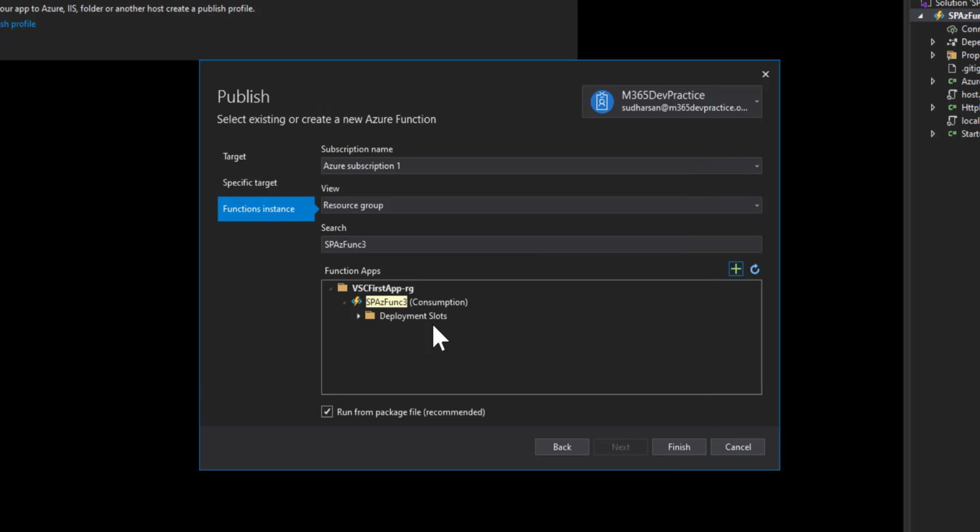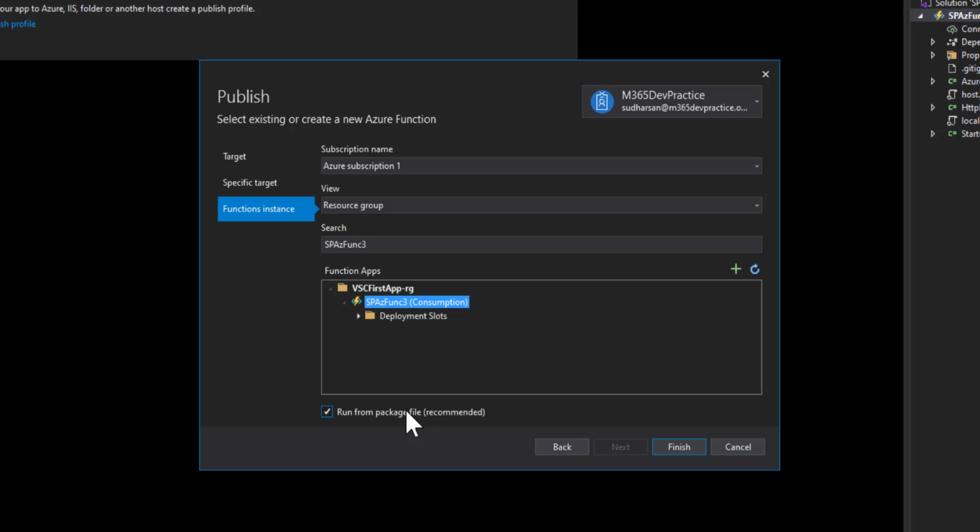As you can see, the function app is created and it is listed in this function app dialog. So select the function app and choose the run from package file command. Run from package file is nothing but all the code will be packaged, and then the API on Azure will be running from our package.